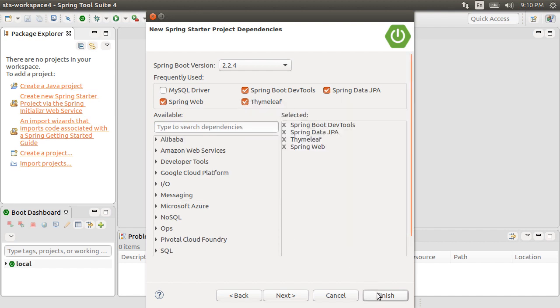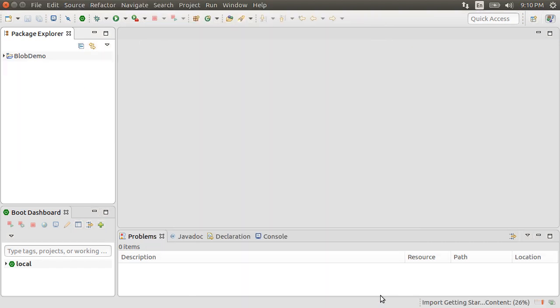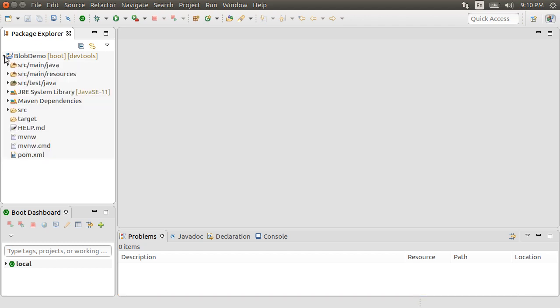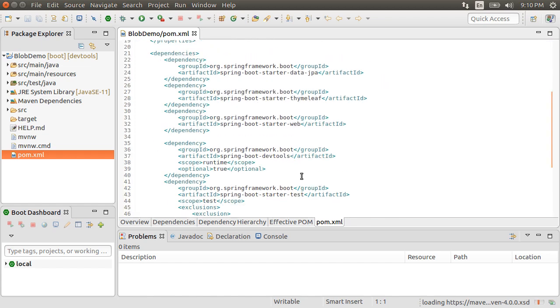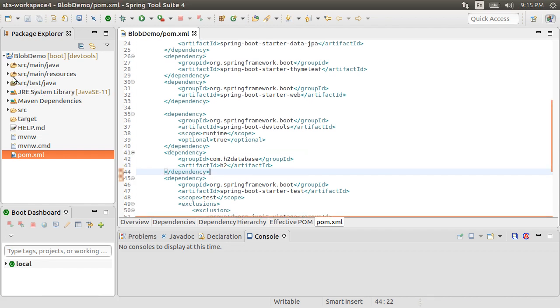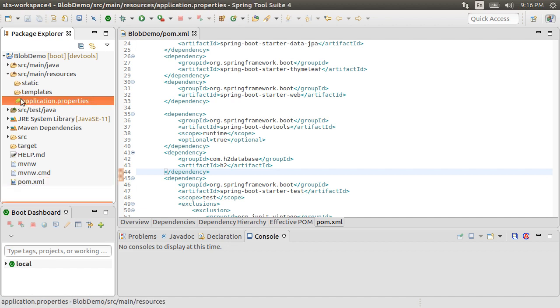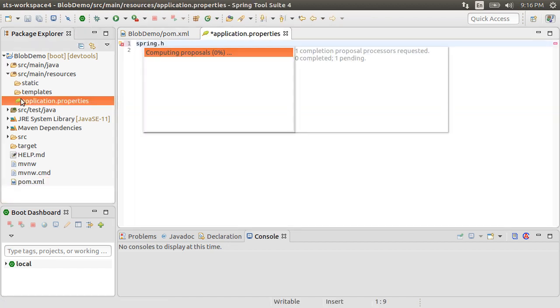Click Finish. For this demo, we will use the H2 database, a lightweight open source Java database. Let's open the pom.xml file and include the H2 dependency, which will let Spring Boot auto-configure this database for us with just a few properties. Let's now open the application.properties file. H2 has a web console. Let's enable it by setting